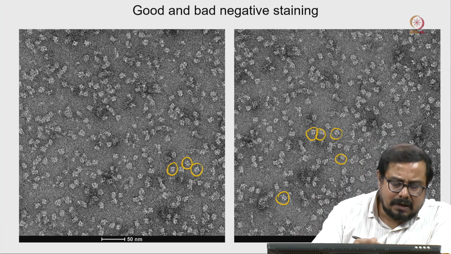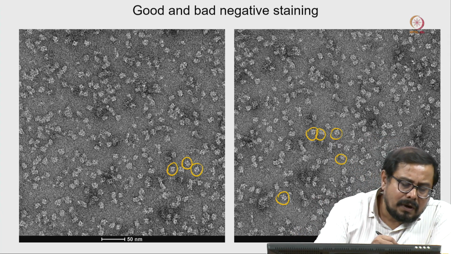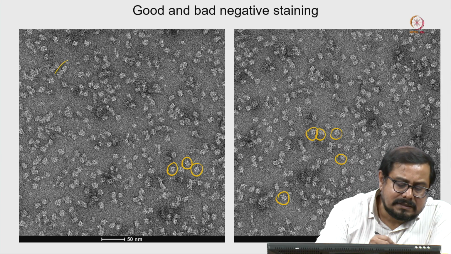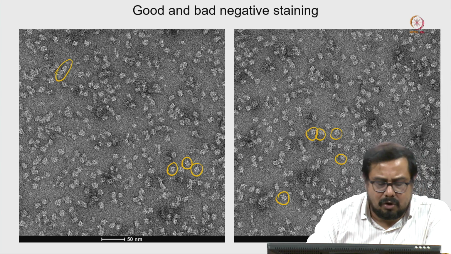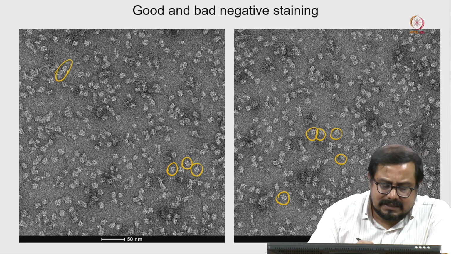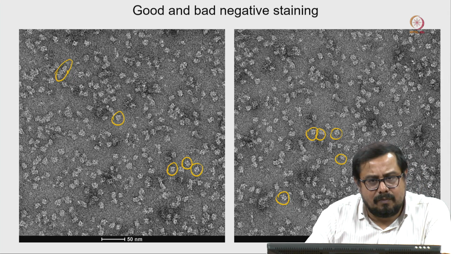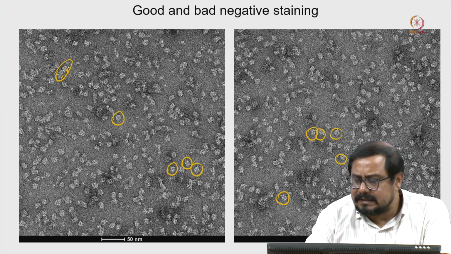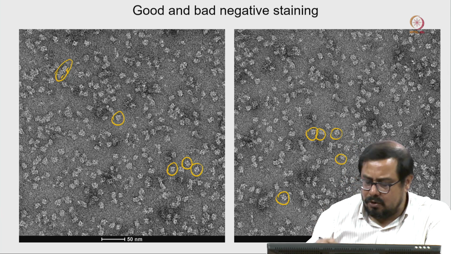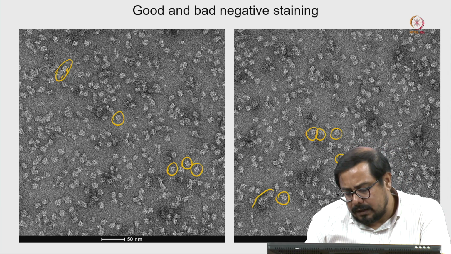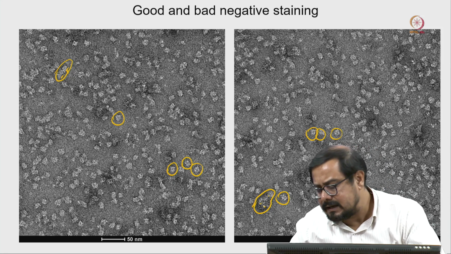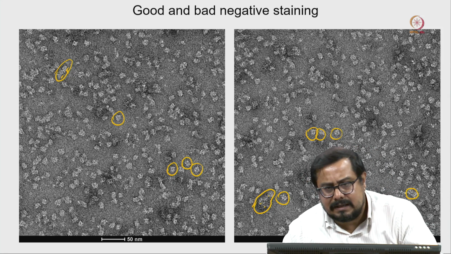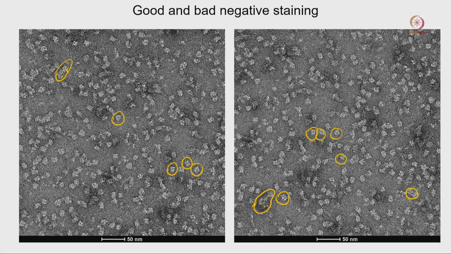Now come back to this slide and look at that. What I was talking about here, you can see there is some kind of elongated molecule. If you consider this shape with this one, there is no match. So here 2 or 3 protein molecules are clustering together, so we can ignore that. Here also, in another small part, 2-3 protein molecules are clustered. Here 2 molecules may be clustered.